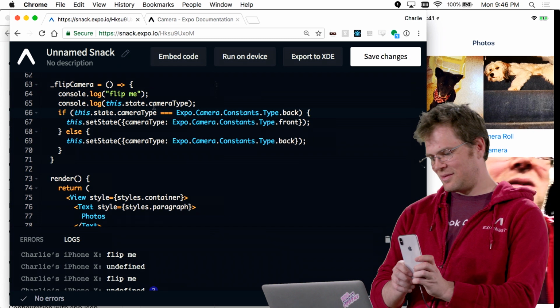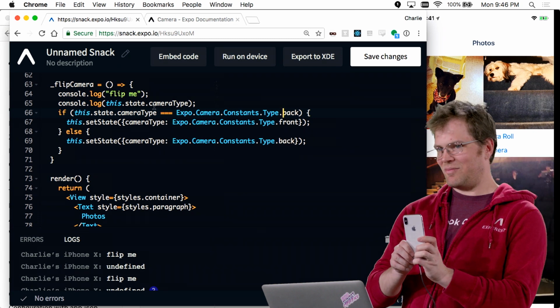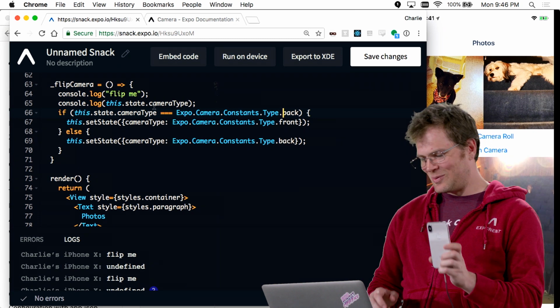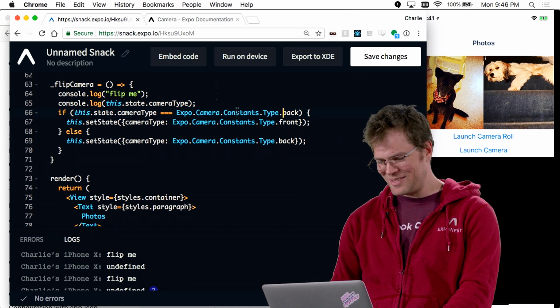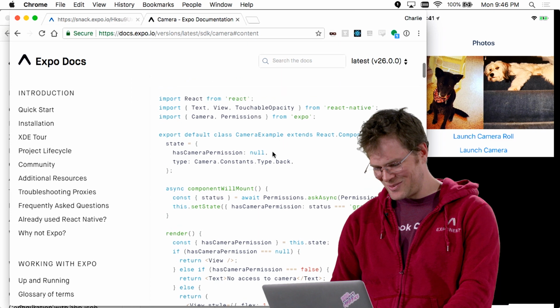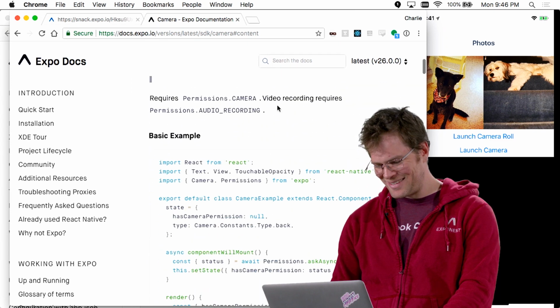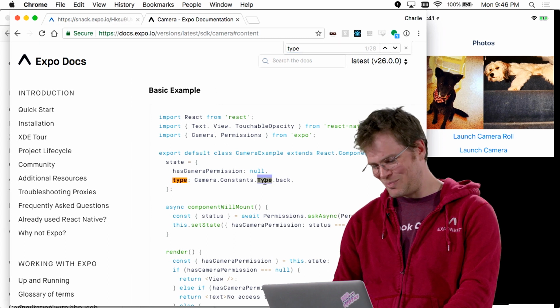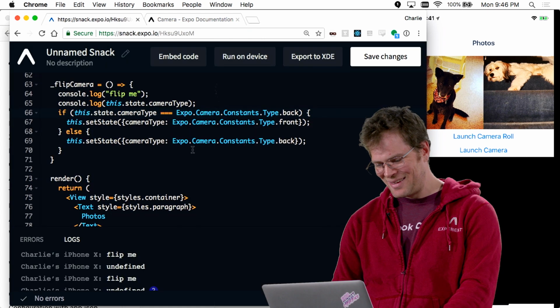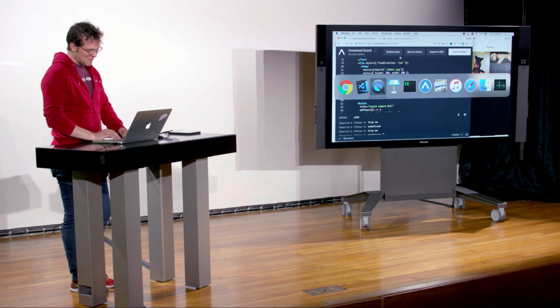Okay, so now if I tap it, it flips back and forth. Cool. I don't know what the lesson is there, except that read the documentation closely. And when it says constants.type.back, don't miss the type part. Cool. So there's actually